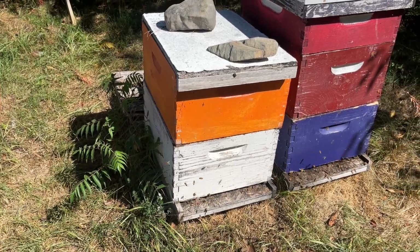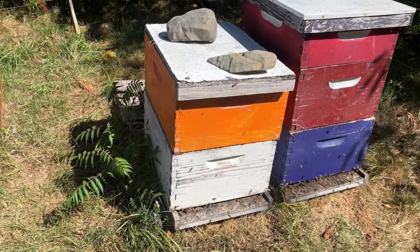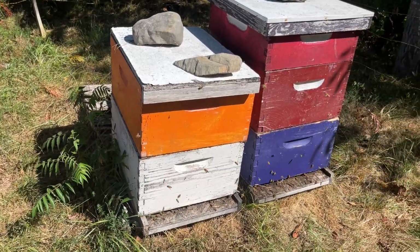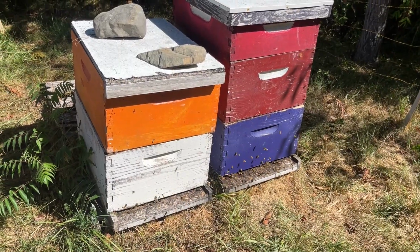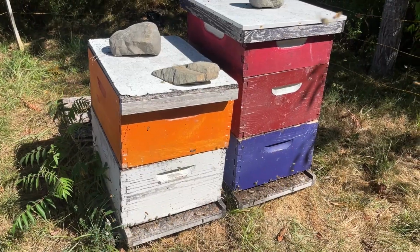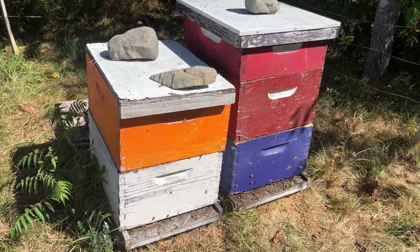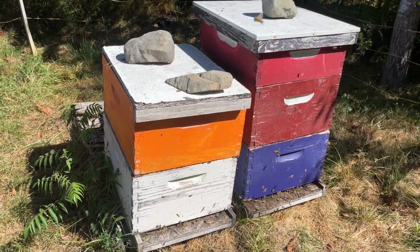We'll know in about a week's time if this little honey flow builds up and gets better in the next few days, then great, I could take a box of honey off. In some yards, I'm certainly not going to be able to do that. They're only putting in a little bit up in there, and I'll take it off, let them rob it out,